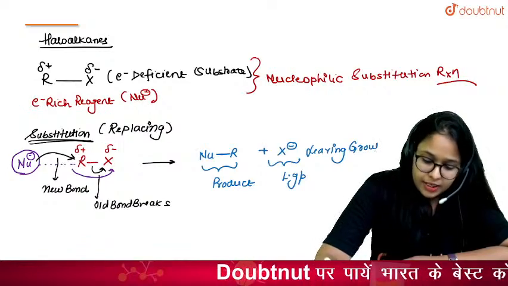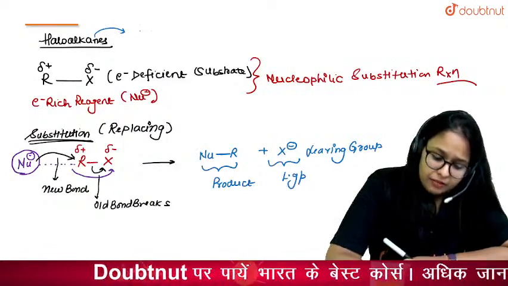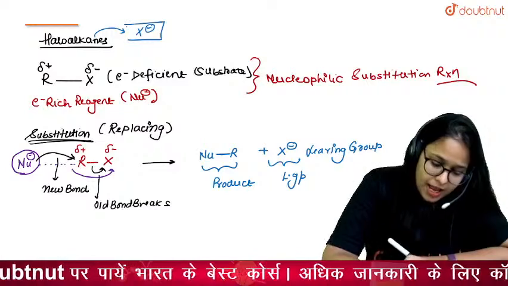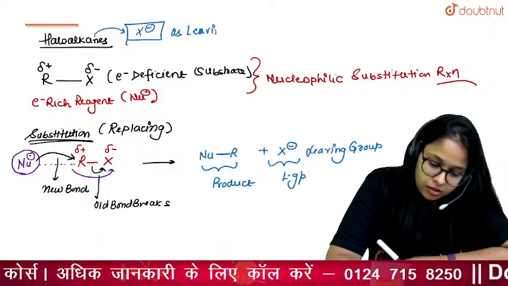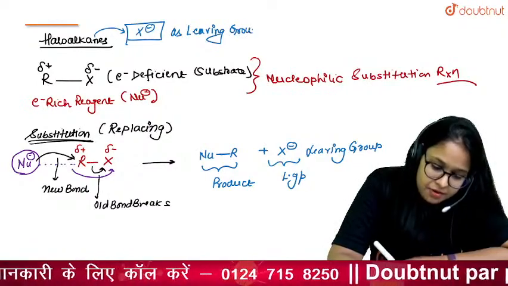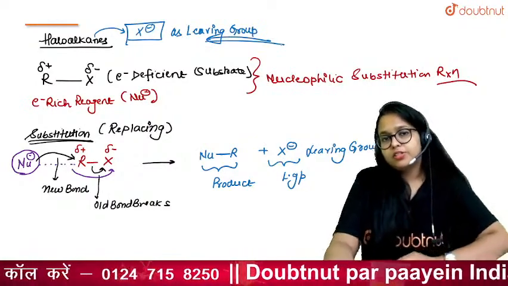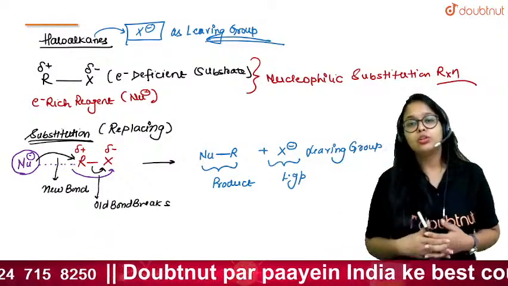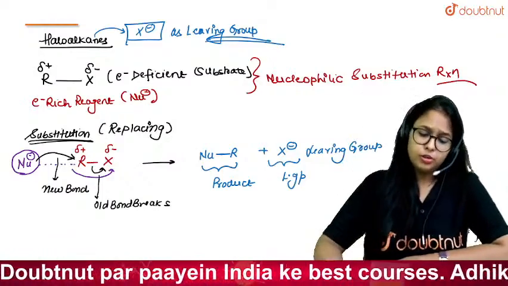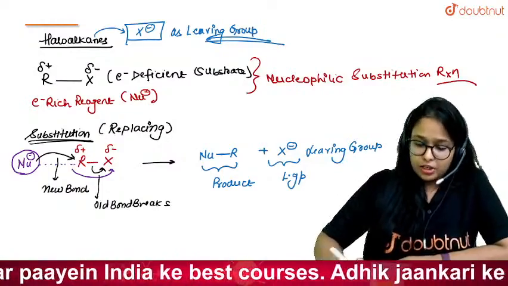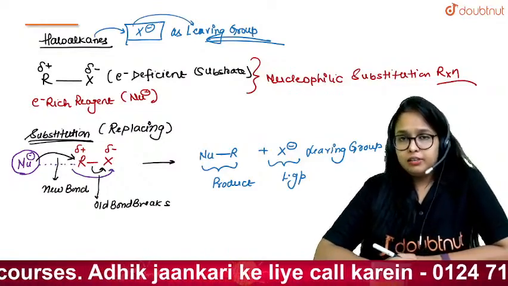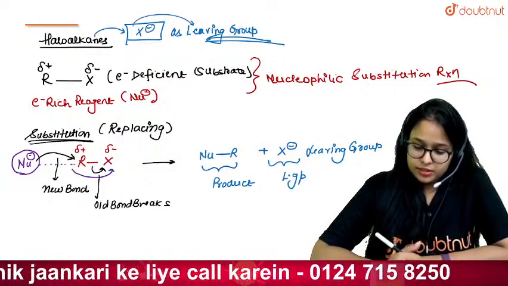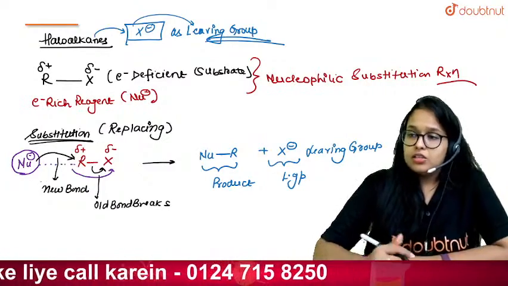In haloalkanes, we have X minus as a leaving group, and whenever we have a leaving group in your substrate, they usually show substitution reactions. Since in haloalkanes X minus is a leaving group, they will show nucleophilic substitution reaction, and it is generally